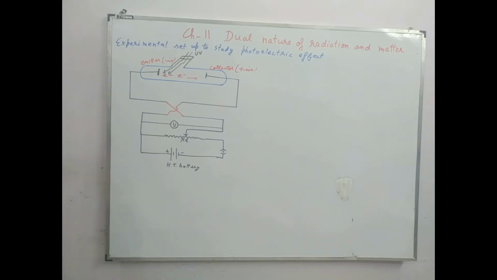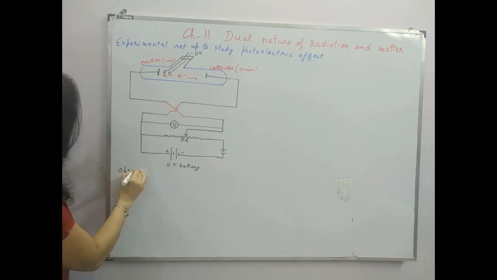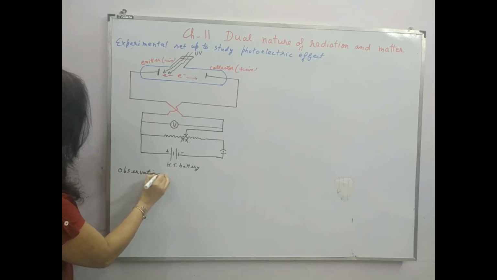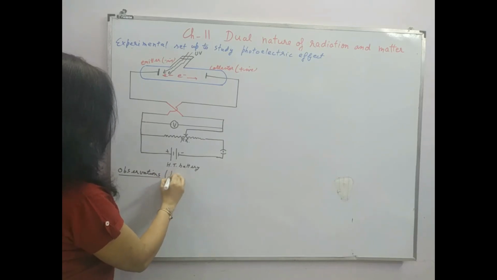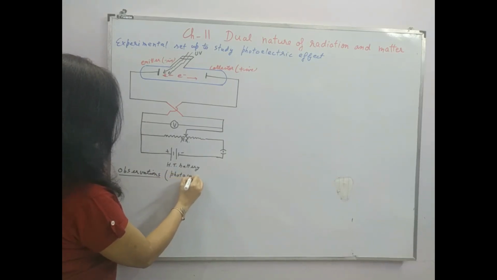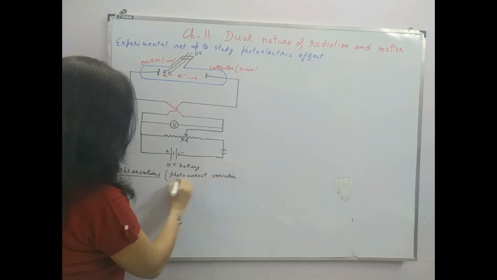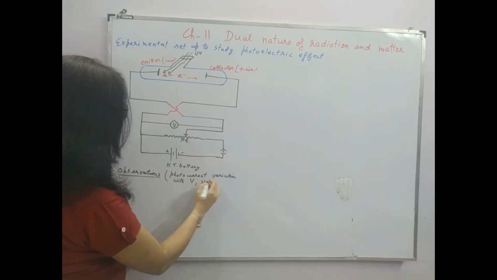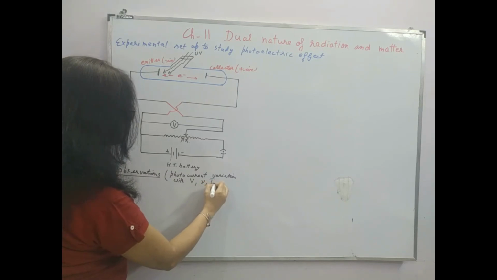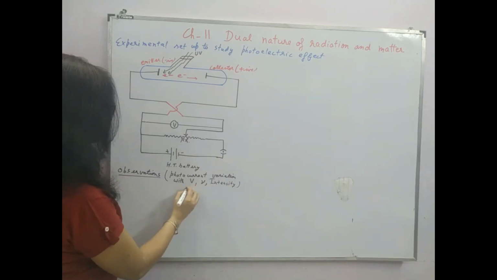So what did they do? They studied this experiment and they made observations on the basis of this experimental setup. They found a relation between photocurrent variation with collector plate voltage, frequency of incident light, and intensity of radiation. So V is